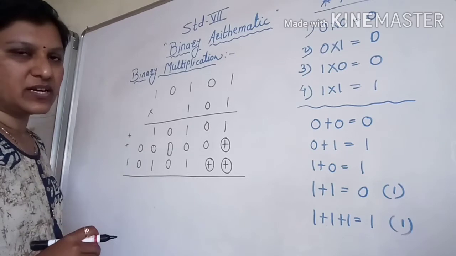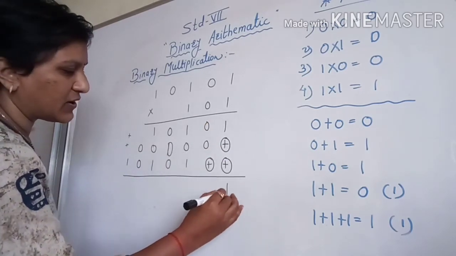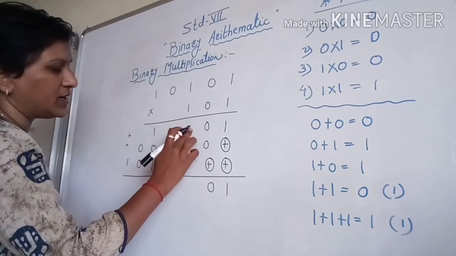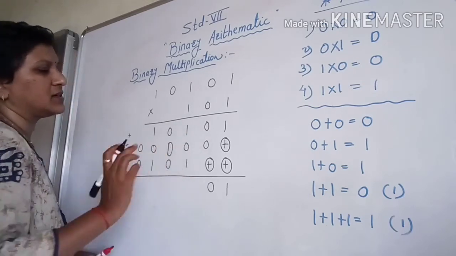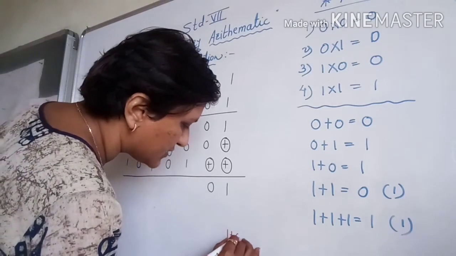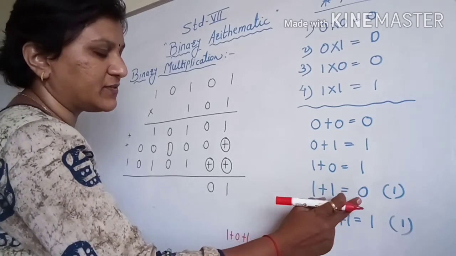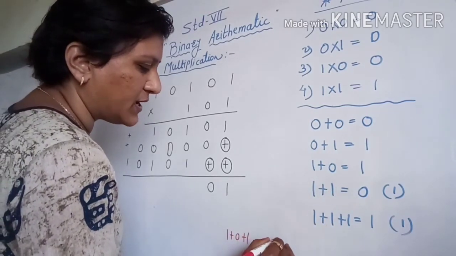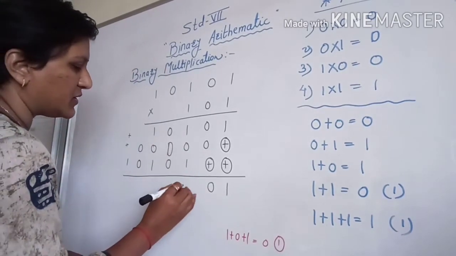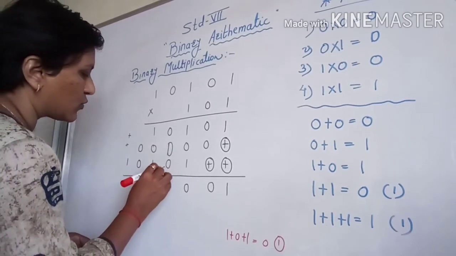Okay. Now after adding these numbers, 1 plus nothing, we will have the result as 1. 0 plus 0, result will be 0. 1 plus 0 plus 1. Now this I am going to write down here as 1 plus 0 plus 1. Okay. So 1 plus 1, we are going to write down the result as 0, and 1 will be the carryover. So 1 plus 0 plus 1, we will write the result as 0, and we are going to write down the carryover 1 over here.